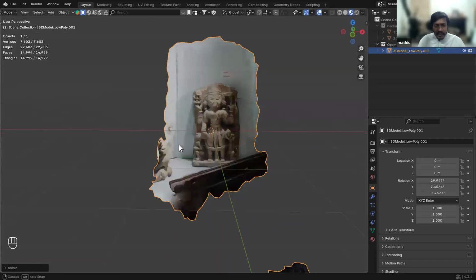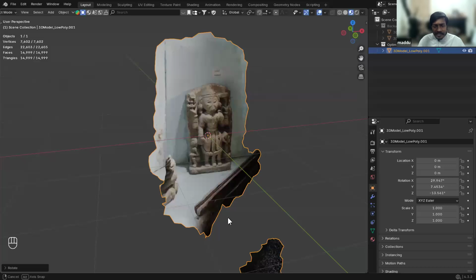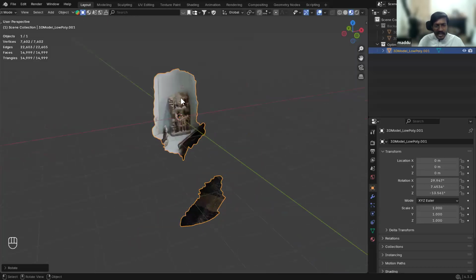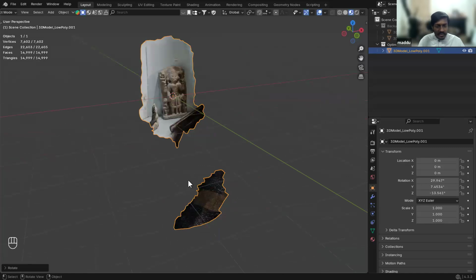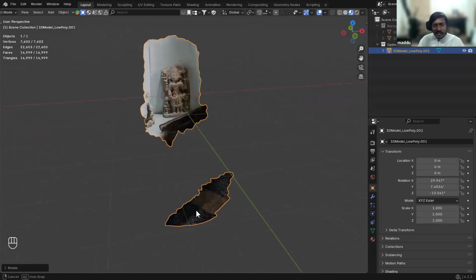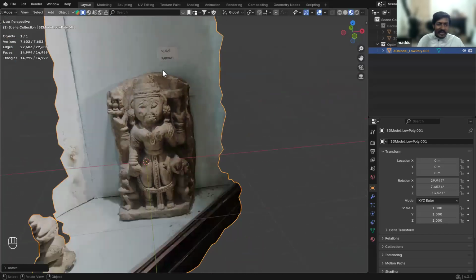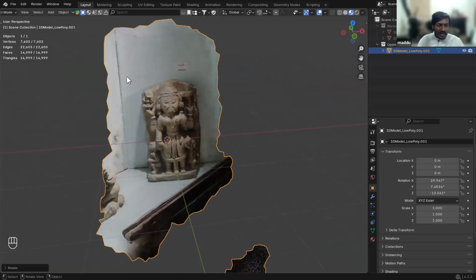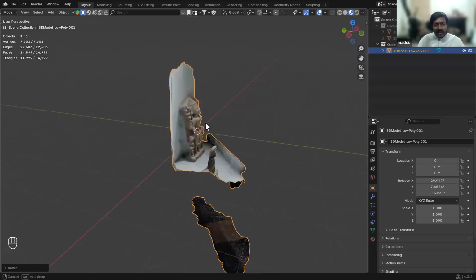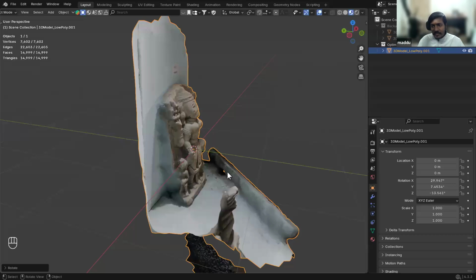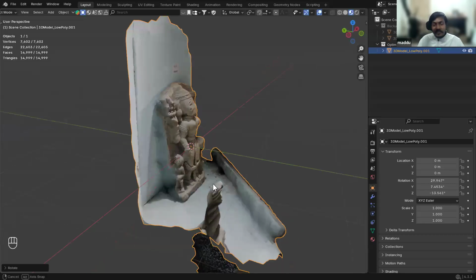Okay. Now there is this floor. So this artifact was kept on a table and this artifact was behind glass. And some of the flooring has also become a part of the exported 3D model. So my job is to basically get rid of whatever is not required and only focus on this. So how do I do that? For this, we are going to use, can somebody tell me? We are going to use